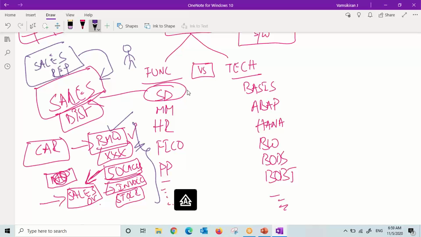So a functional module is nothing but you should have some domain knowledge. What is domain knowledge? Domain knowledge is nothing but a particular area of the business. What is the area? Sales and distribution is the area, right? So this functional module is nothing but a function of the business. If your business wants to function properly, you need to have some knowledge of the business areas: sales and distribution,